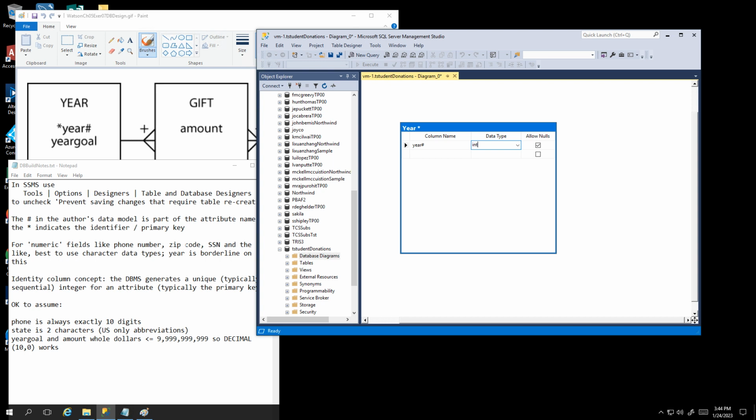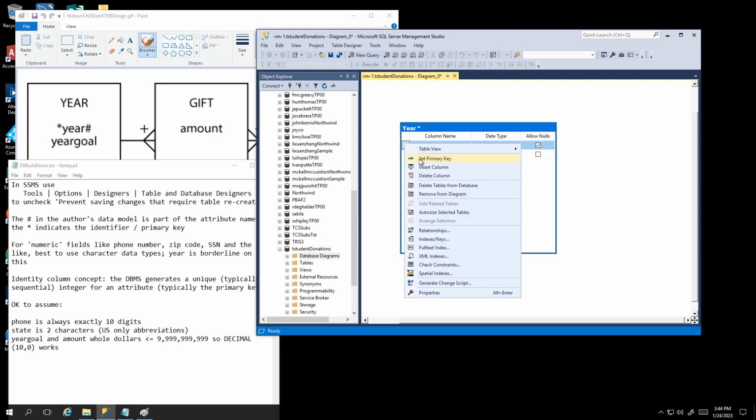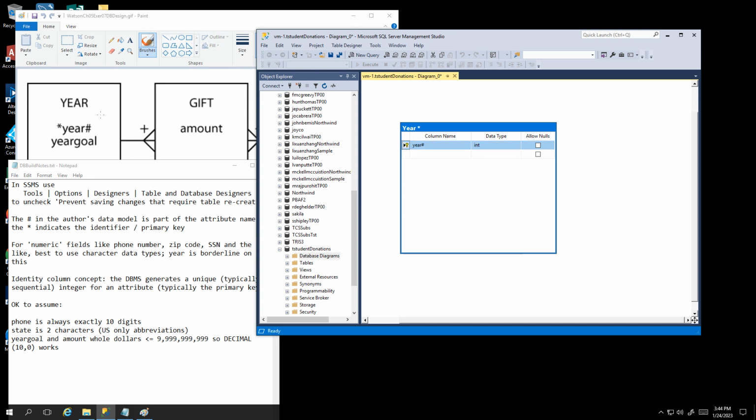If you said, "Oh, make zip code an integer," you can always validate that you have all digits and that kind of thing. To me, year is on a borderline, whether I wanted maybe 4 characters or making an integer. I'm going to go ahead and make an integer in case we calculate the difference between one year and the next. Oh, by the way, we remember that if we right click here, we can set that as the primary key. So, okay, that's what that asterisk means. And we have year, goal, and,